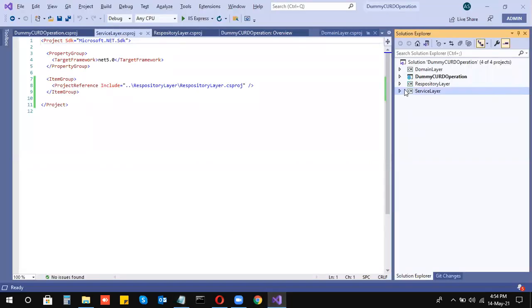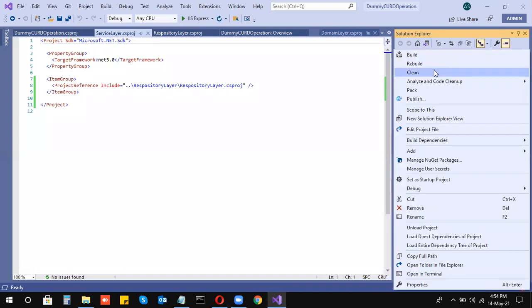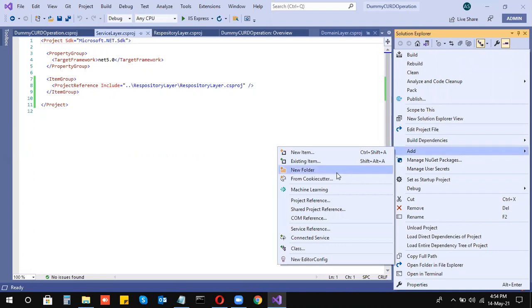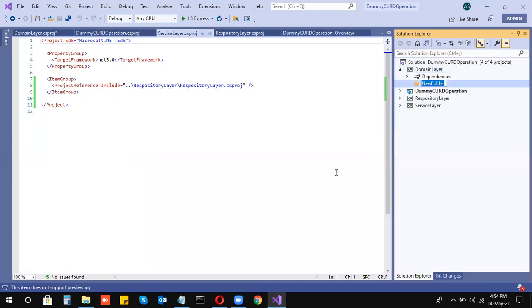Okay, so this is the whole structure we are going to create, and inside of this you can create the structure according to you. Now I'll create two folders here as per my requirement, and you can create according to you. First for the DTOs, the data transfer objects, and second the models.